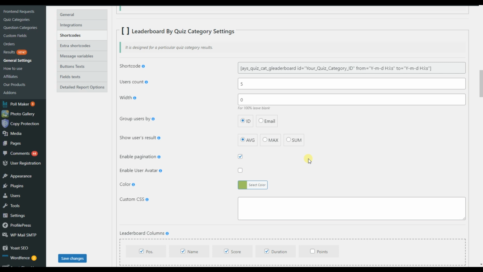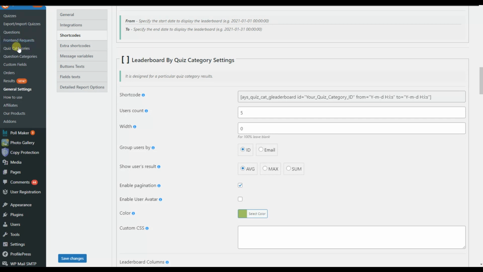This shortcode is designed for a particular quiz category's results. So by copying and pasting the shortcode to your preferred post or a page, we can display the list of top users who passed any quiz of the category you mentioned here. Please note that you need to replace your quiz category ID with the corresponding quiz category ID. To find the quiz category ID, we need to go to the quiz categories page and copy the ID of